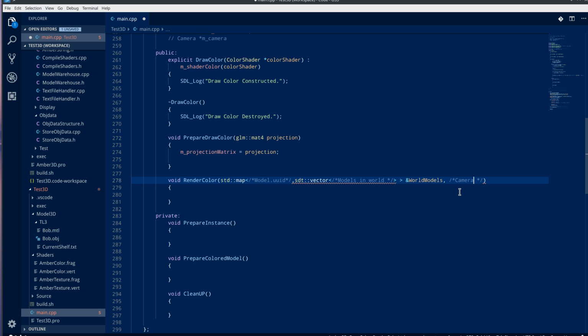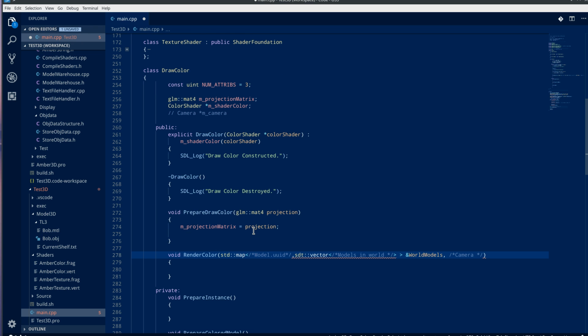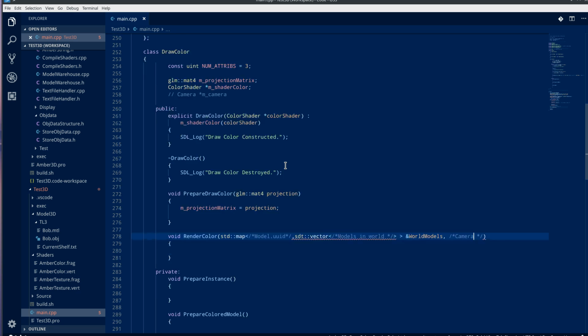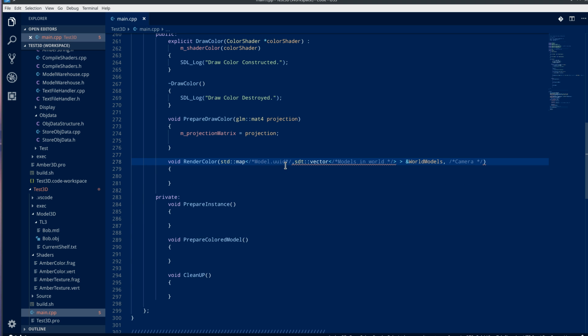Because the camera defines our field of view. Yeah, so we wouldn't put the light through draw colour. We put the light through to the shader direct. And we're pulling in the shader here. So who creates the shader? The master renderer does. Because the master renderer has to create a list of shaders. So the best place to actually create the shaders is in the master renderer. So that's draw colour done. As far as I can really do it at the moment,